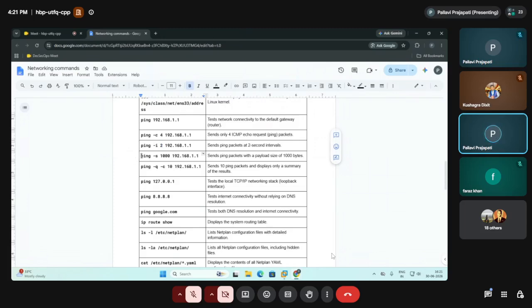Let's see another option. We have hyphen s, which sends ping packets with a payload size of 100 bytes. If you want to send data with a payload of some bytes, you can provide it using the hyphen s option.